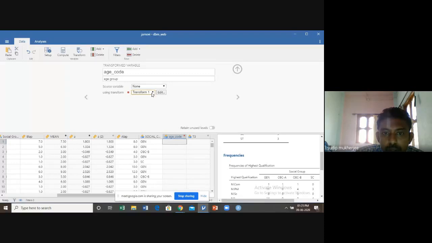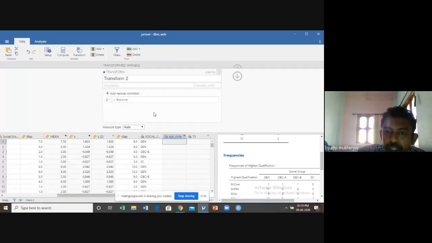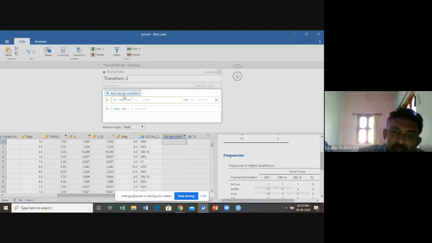How do we calculate this? Create new transformation. How do we transform the variable? Just click on add recode condition. We try to recode from the initial coding. We recode to make it a new variable.